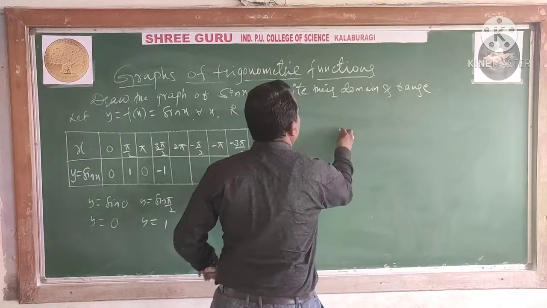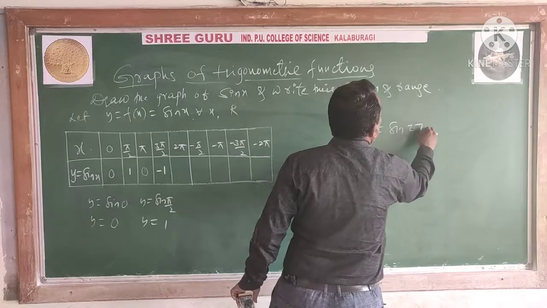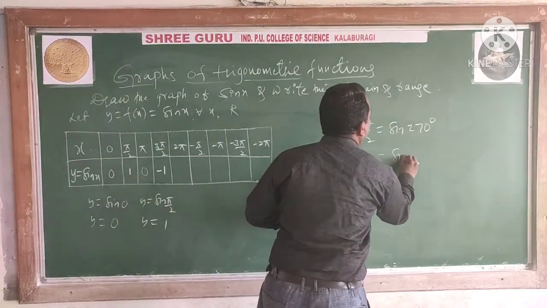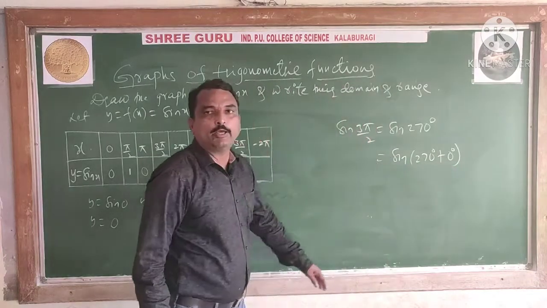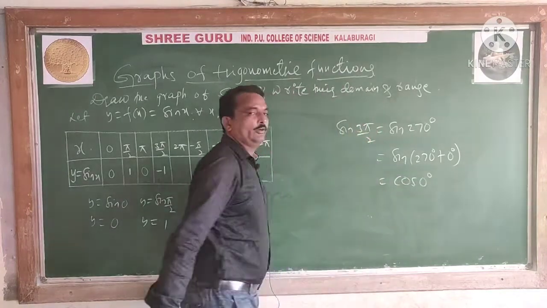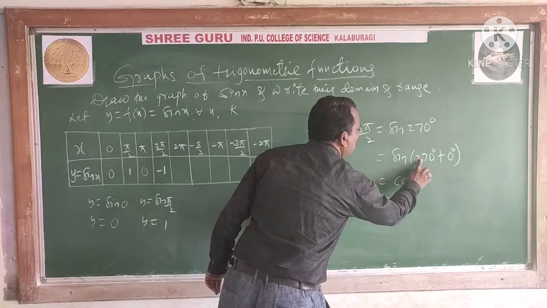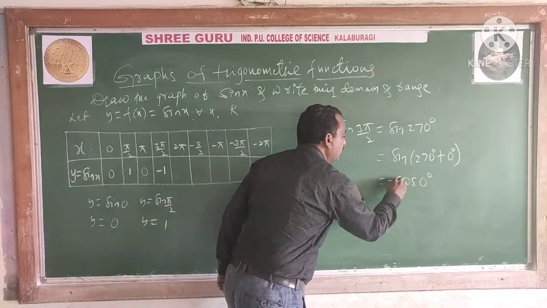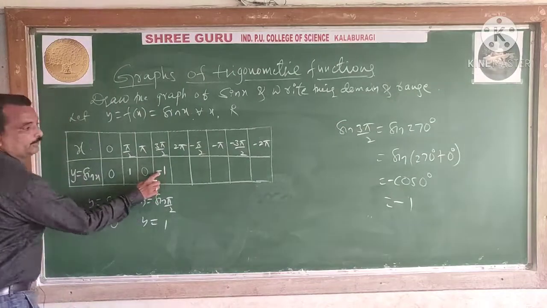Now see, sin of 3 pi by 2. You know very well, student. Sin 270 degree. Shall I write it as sin 270 degree like that? 270 plus 0 degree. When it is 270 or 90, the function changes. The function changes to cos 0 degree. What is cos 0? It is 1. Which quadrant is 270 plus? Fourth quadrant. In the fourth quadrant, sin is negative. Is it a minus of 1? Sin of 3 pi by 2 is minus 1.